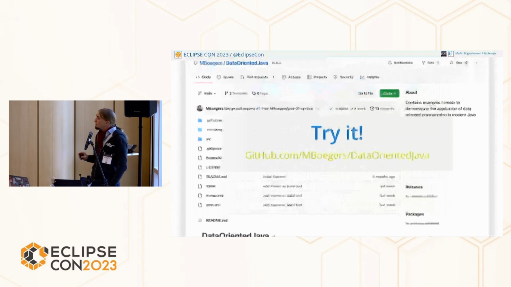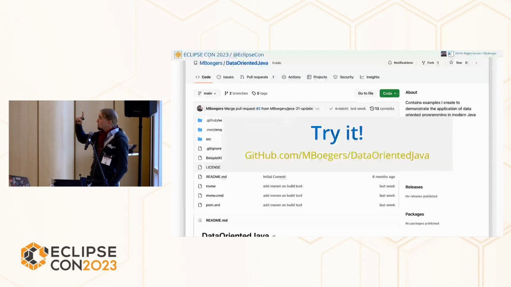Okay, from there on, all this code is on GitHub at data-oriented programming. It gets updates with every new Java major release, and it also might get an update on this integration with Jakarta EE or the Spring thing I showed you.